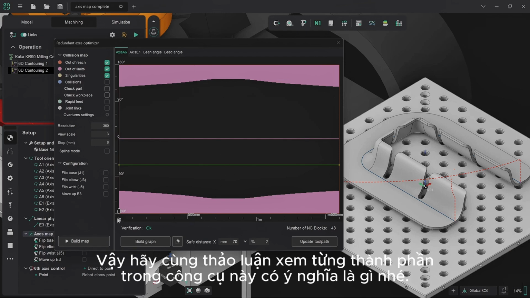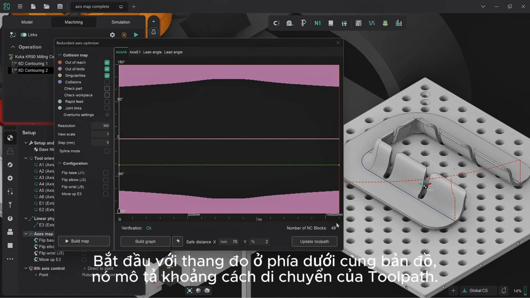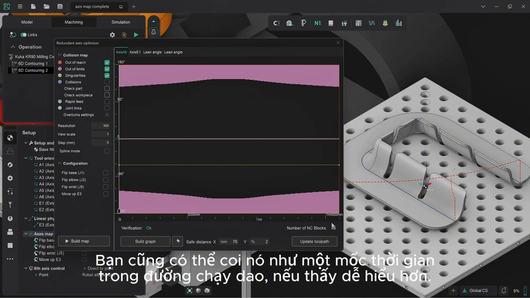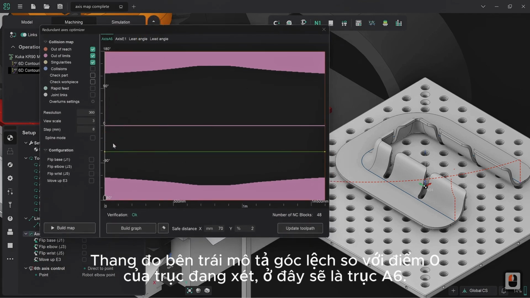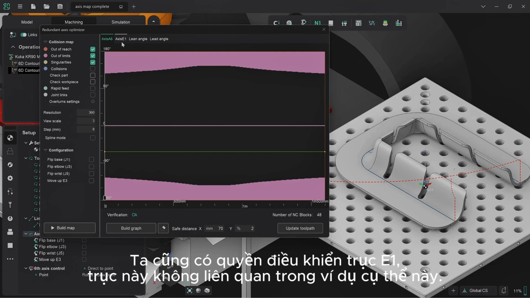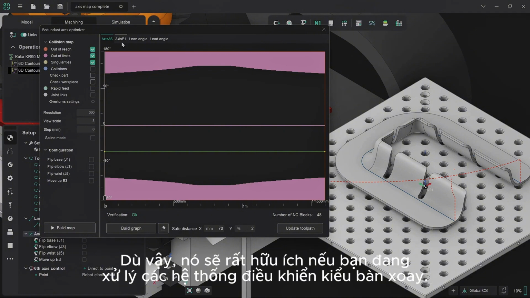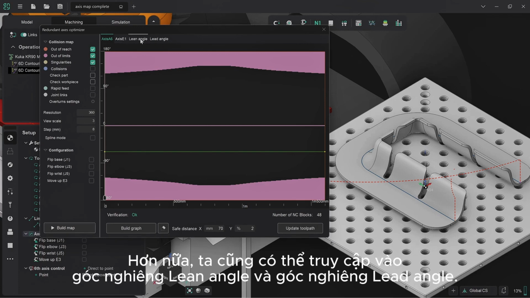So to start with, the graph scale along the bottom of the map describes the distance travelled throughout the toolpath. It can also be thought of as a point of time within the toolpath, if that's easier for you. The left-hand scale describes the angle of deflection from the 0 point of the particular axis in question. So this would be the A6 axis. We also have control of axis E1, which is not relevant in this particular instance, although if you're dealing with turntable style controls, it's very useful for that. Furthermore, we also have access to the lean angle and the lead angle, and we'll very quickly go over what